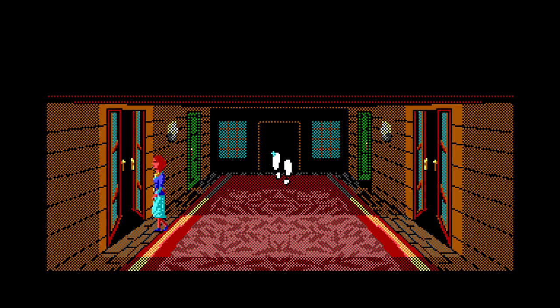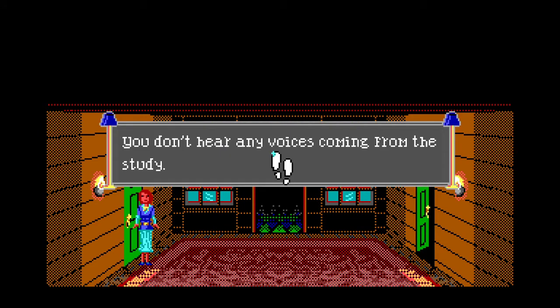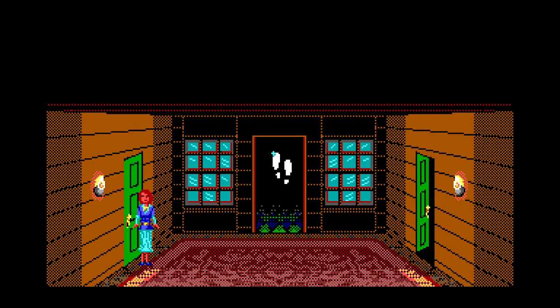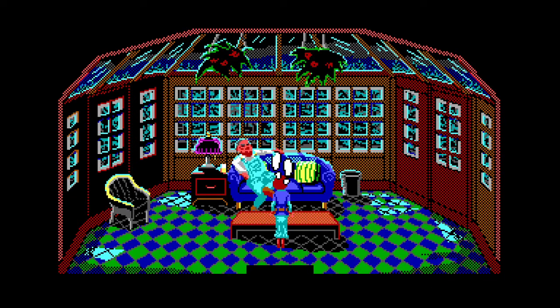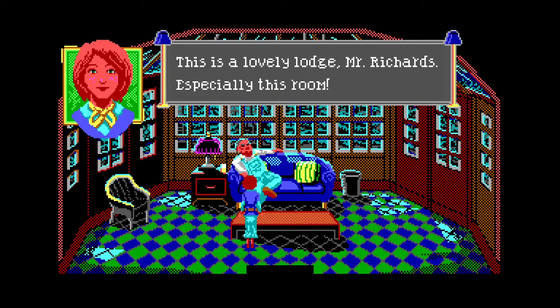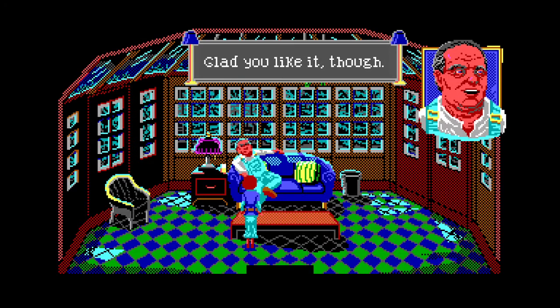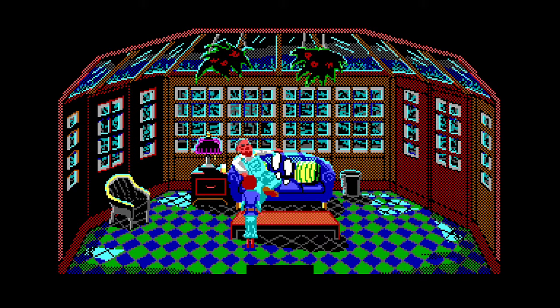Is this the study? Oh, he already has his hot toddy. Talk, Evan. It's a lovely lodge, Mr. Richard. Especially this room. My dad did all of this. Had nothing to do with me. Glad you like it, though.